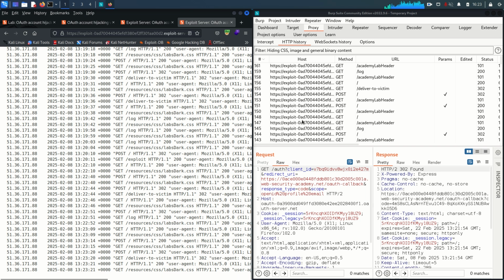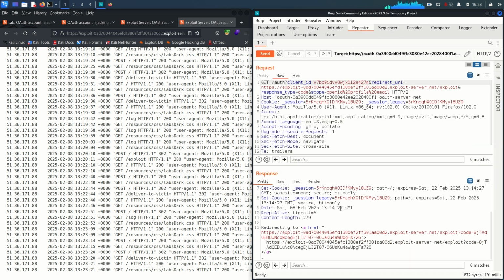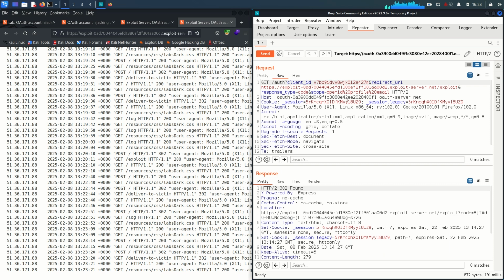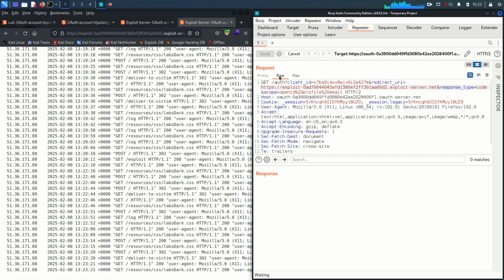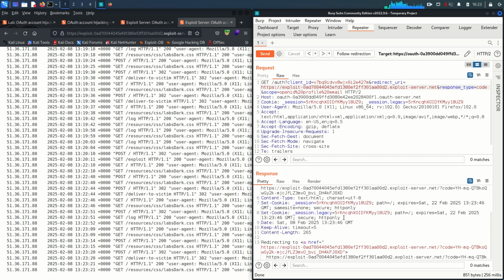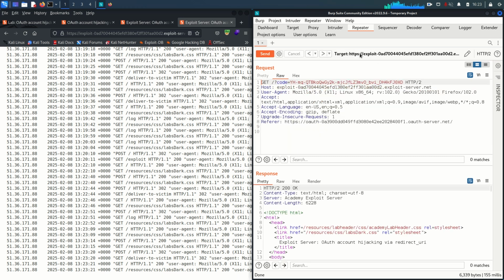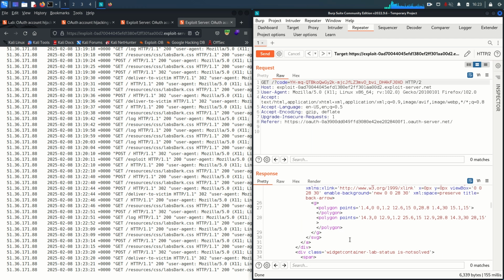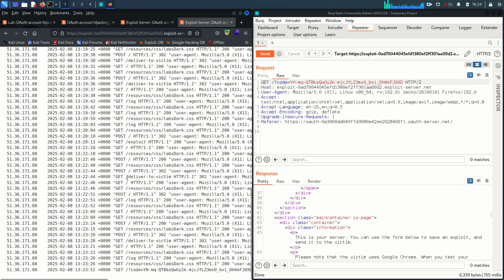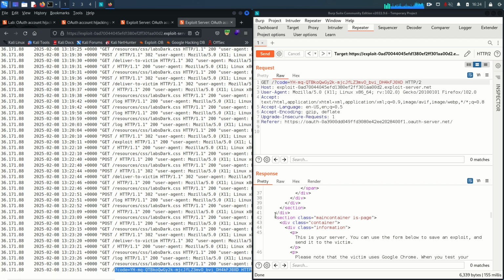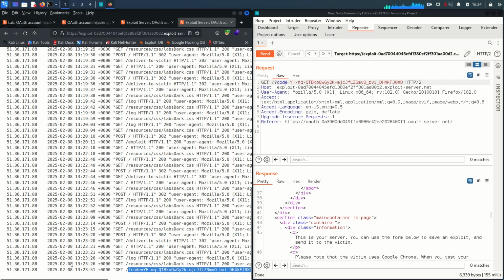Still not. Although if we go to the repeater and we try, because the request is the same and there is no issue, if we send this request again, let's see if the code is leaked or not. So follow the redirection, and again you can see 200. Okay, fine. So if we refresh this, you can see this is the code. So the code is being leaked, no problem with Burp Suite, and once we try to access,